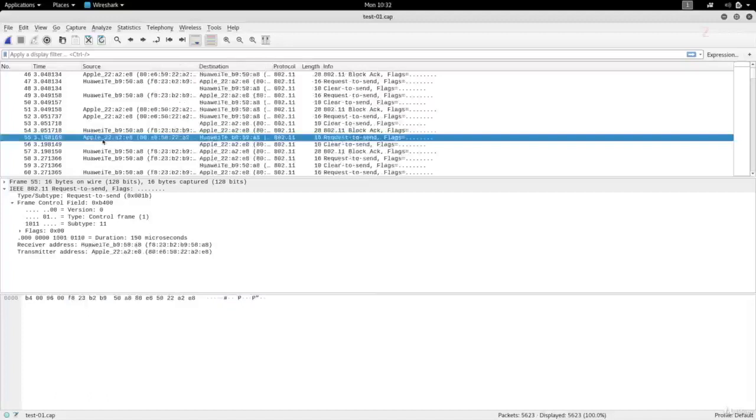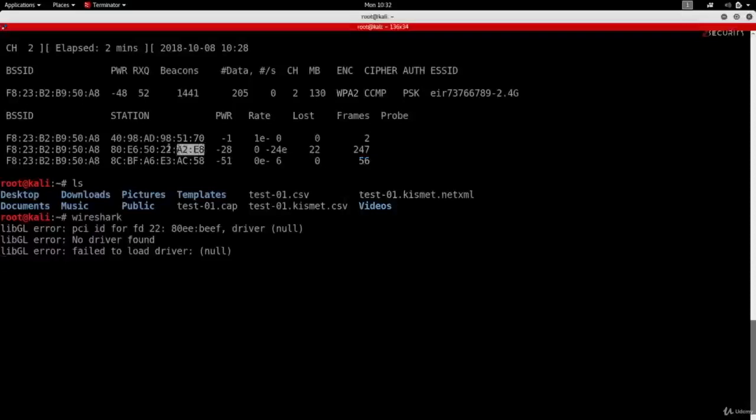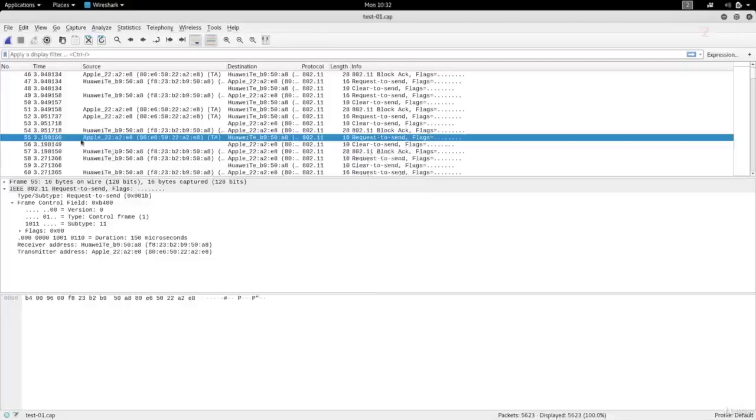The only useful thing that we can see here is the device manufacturer. So we know one of the devices connected to the network has this specific MAC address. So it's the one that ends with E8. And if we go up, we can see that it's this specific device. We know now it is an Apple device. So it could be an Apple computer, it could be an iPhone or an iPad. And this is actually my MacBook computer that is the host machine.